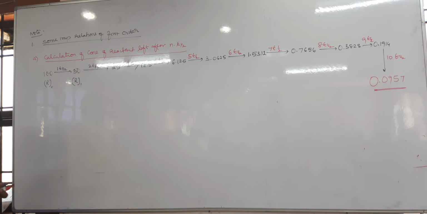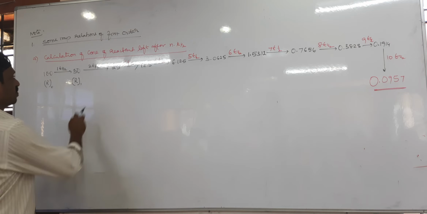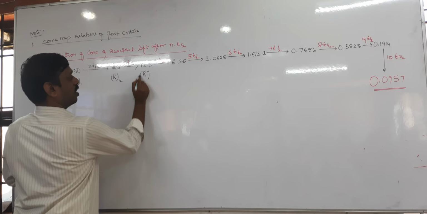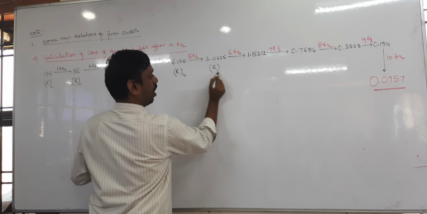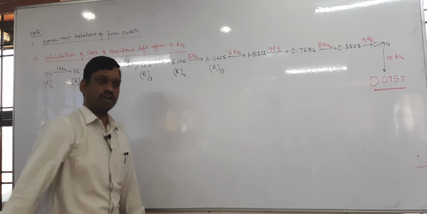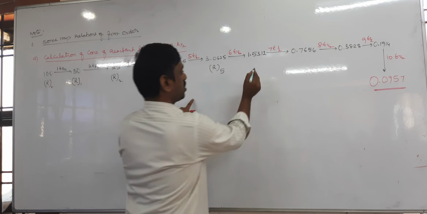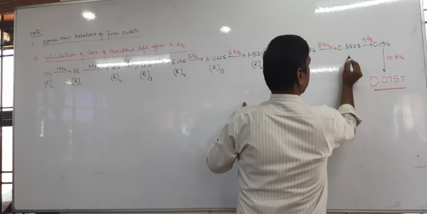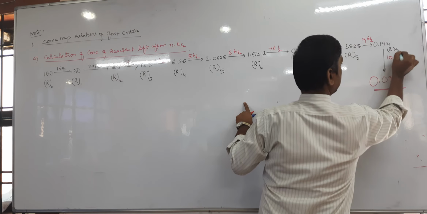Right. So this is it, now the question is like this. What is the concentration of reactant left after 5 T half? This is R2, R3, it is R4, R5. So R5 is nothing but the concentration of reactant left after 5 T half. Next it is R6, R7, R8, right. This is R9, it is R10.